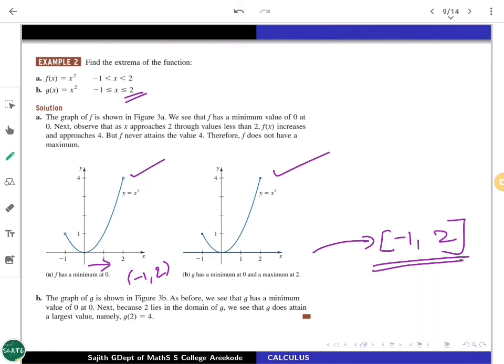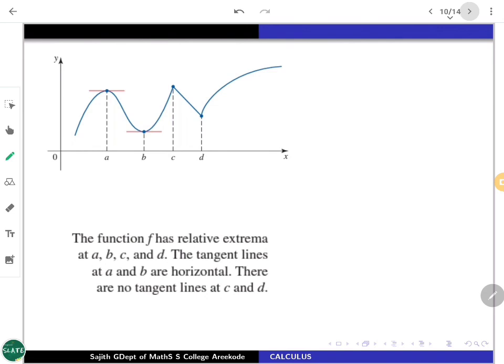Okay, now let us go to the theoretical aspect of this, especially the geometrical as well as differential calculus side, and how these are connected with the extrema. I may consider the following graph. It may represent some f. From the geometry, you can see that we have marked the points a, b, c, and d. All these points are going to have relative extrema or local extrema.